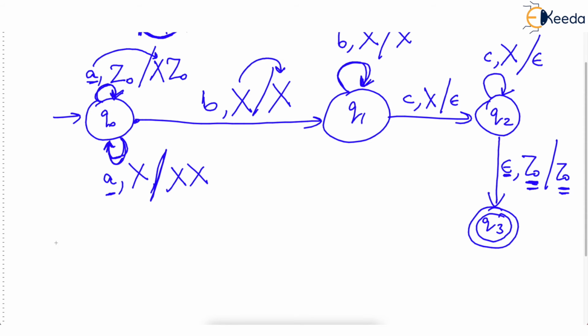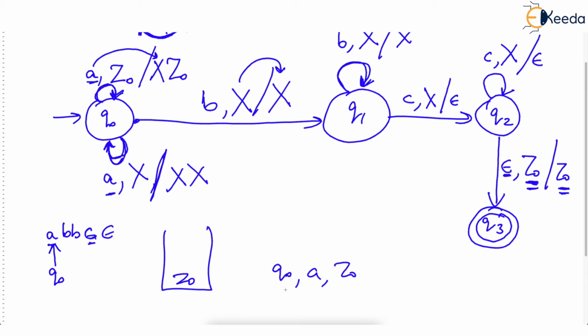I mean, just take a small string like this, A double B C. Now you can easily see that the number of A is equal to the number of C. I have started with a very small string followed by epsilon. Now the machine starts in Q0 state reading A, but at that time top is Z0. So which configuration are you watching? Q0 is reading A, top is Z0. See the triplet, this is the triplet we are talking about.